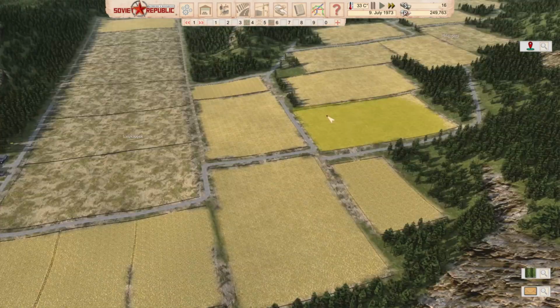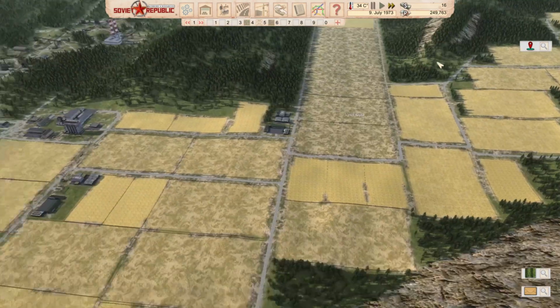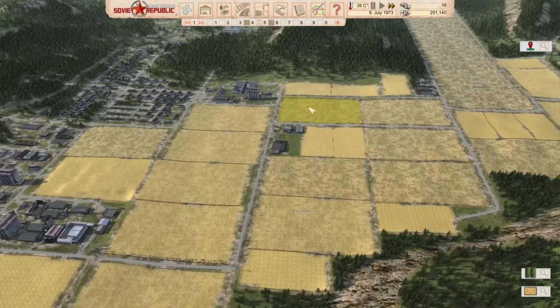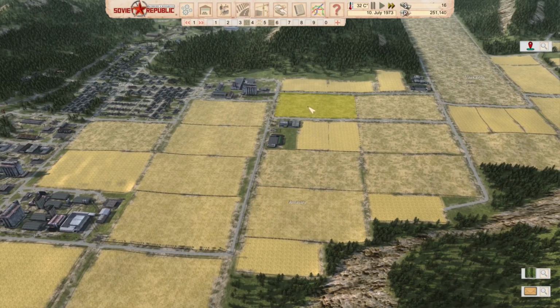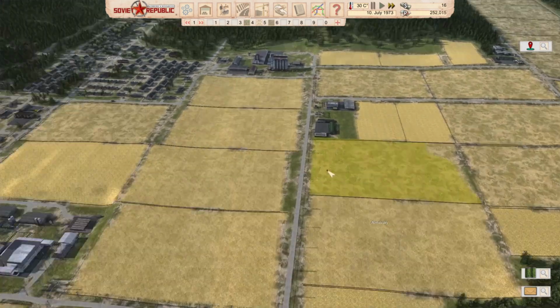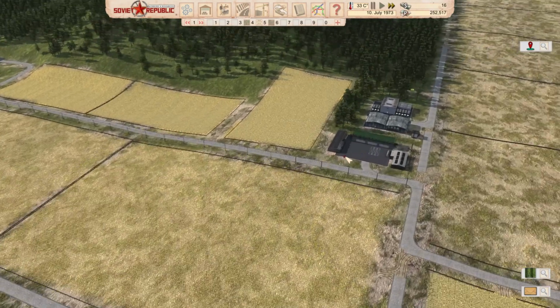So I will stick to counting as 18 fields, even though it's 19. So it would be better if it had an even number of tractors and harvesters, because they start working on the fields more or less at the same time, depending on how fast they can get to the fields. The second thing for discussion would be,